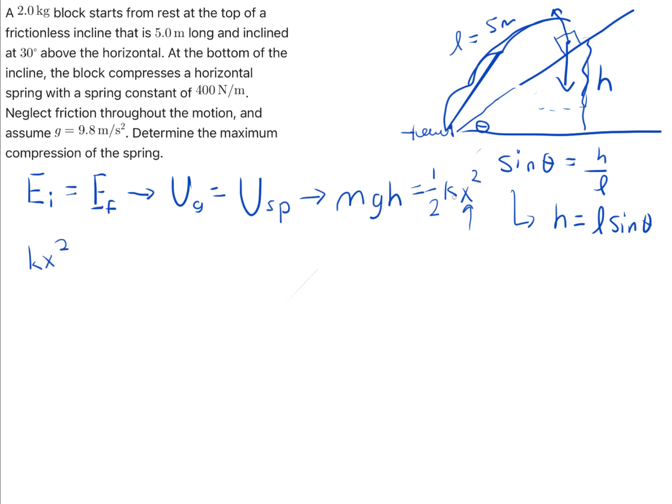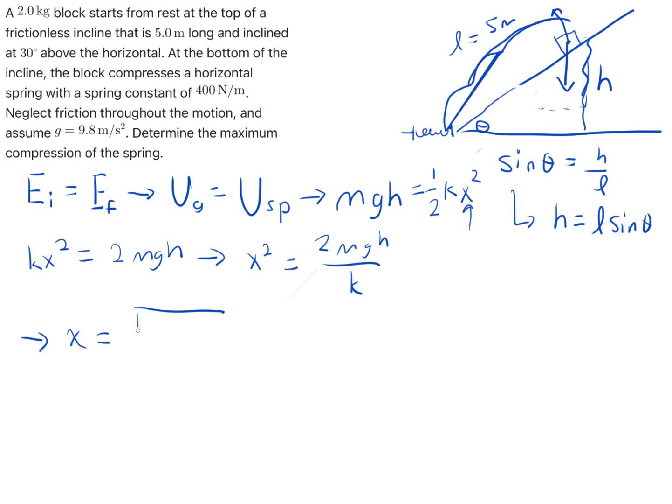So we have kx squared is equal to 2mgh. And then we can divide both sides by k. So x squared equals 2mgh over k. And finally, we can square root both sides to get that compressed distance x is equal to the square root